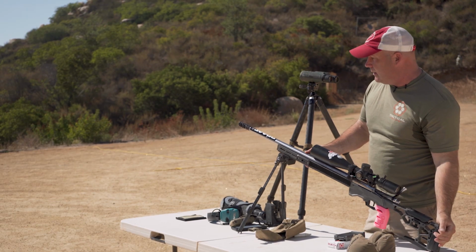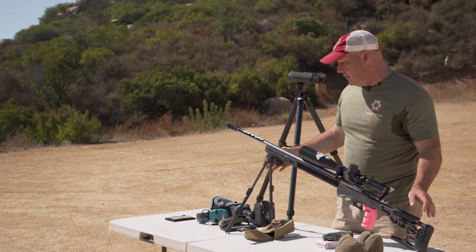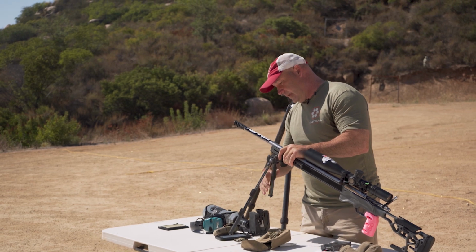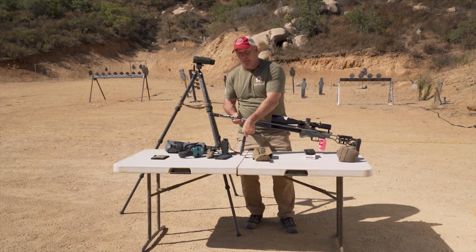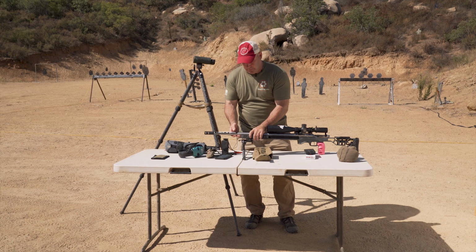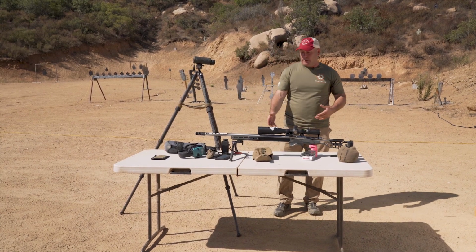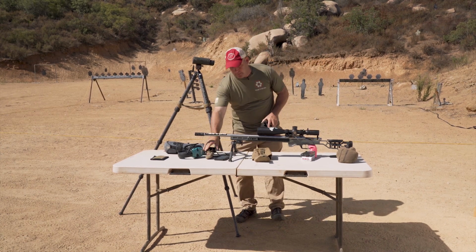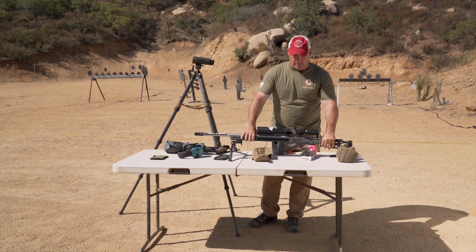When you start talking about hunting and shooting in this kind of terrain, this is almost a mandatory piece of kit just for its versatility. It is a little bit heavy, but the capability that it brings is pretty significant. So in a sense, that's what we need. We need to create stability, but first we need to find it, then we need to fix it, come up with a solution for it, and then we have to have the right equipment